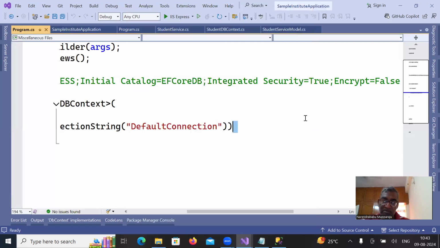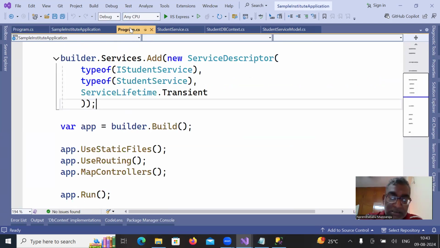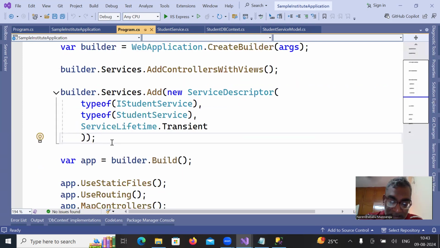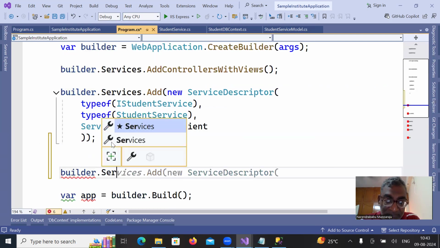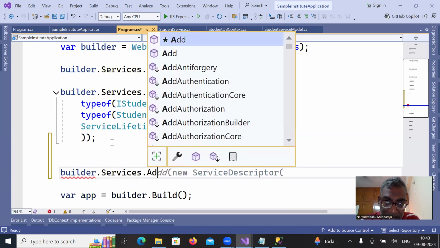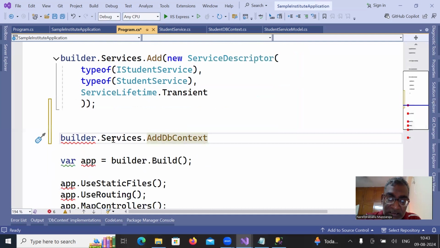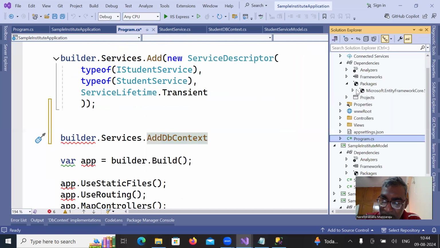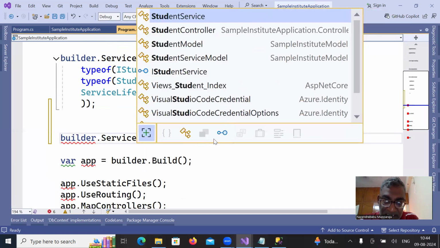Okay, leave it. Right now, I'm going to use this one. Okay, so what I'm going to write in the code is in the program.cs, under the service method, I'm going to add builder.service.add DB. You got the context? Where this context derived from? This context derived from Microsoft.core entity framework.core. Okay, here you have to say your service, student service model